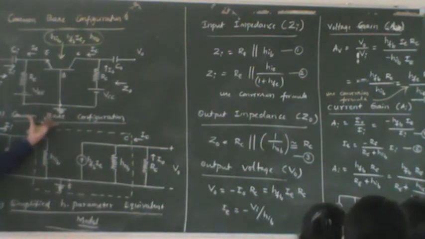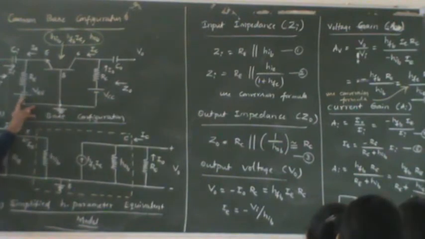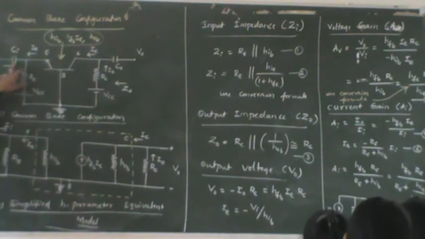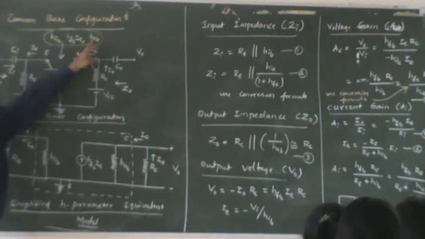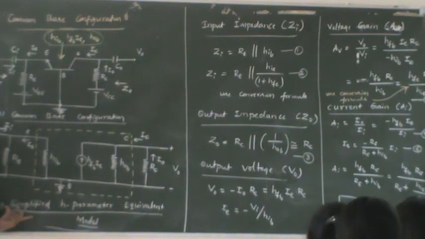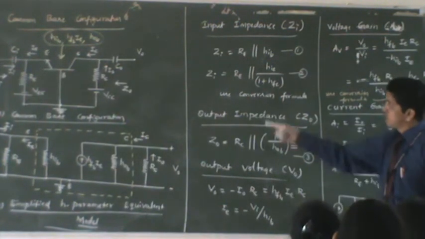Now we are analyzing this circuit using the simplified H parameter model. We have shown how to convert to the simplified H parameter equivalent from the common base configuration. Short circuit the DC power supplies, AC power supplies and capacitors must be short circuited, and retain all other elements as they are. Also replace the transistor with HIB, HFB, and HOB for common base configuration. So you get back this simplified H parameter equivalent. Now with this model, you can derive various parameters of this amplifier.